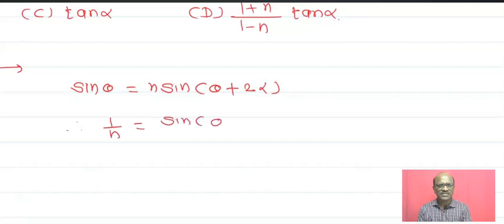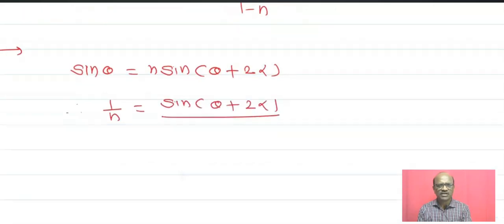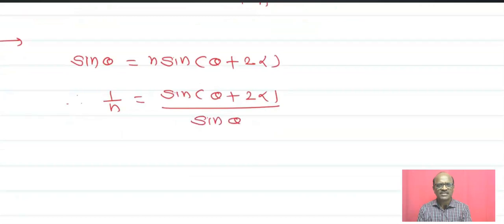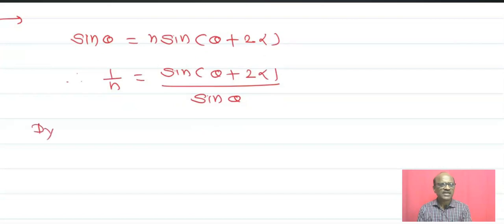That is 1 upon n is equal to sine of theta plus 2 alpha upon sine theta. And now by using componendo and dividendo, which you have learned in 9th standard,